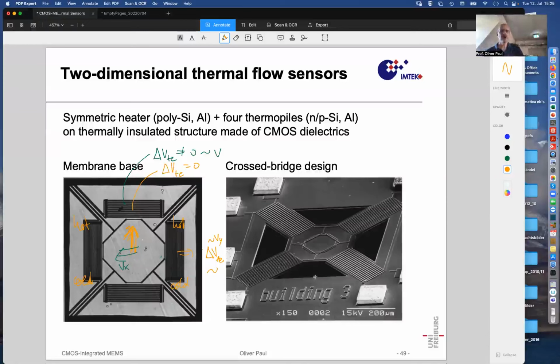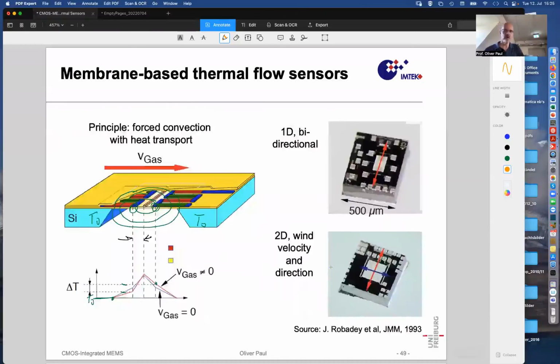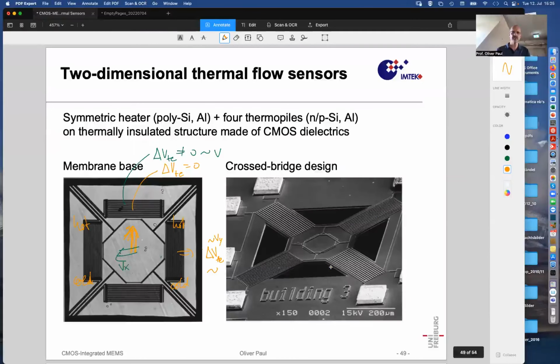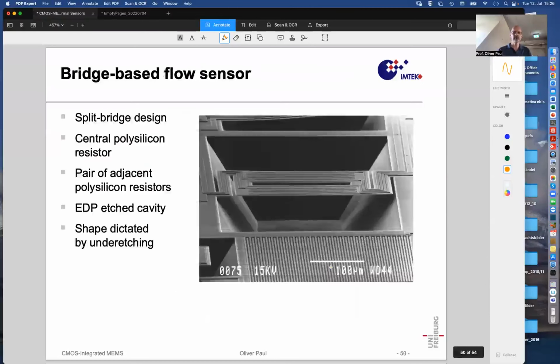This could also have been a square membrane with sensors integrated, but this was to be etched from the front, and it's thermally even better insulated than a membrane. The measurement principle here is the same, in parallel, as the sensor here. So these were some early publications, and here is another design based on a bridge, with now only two